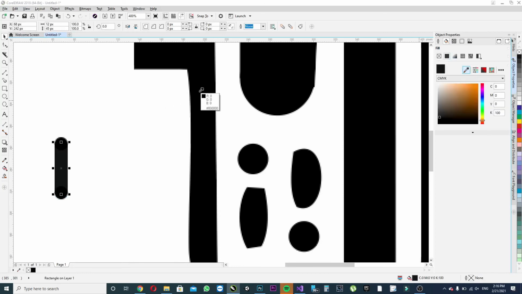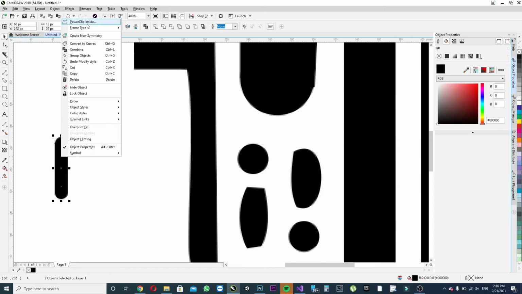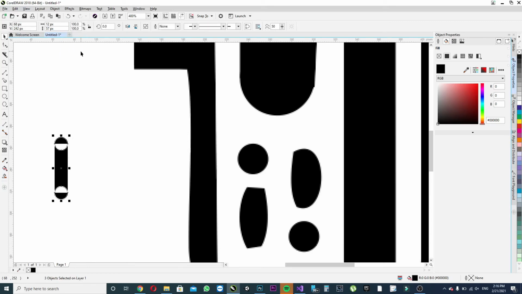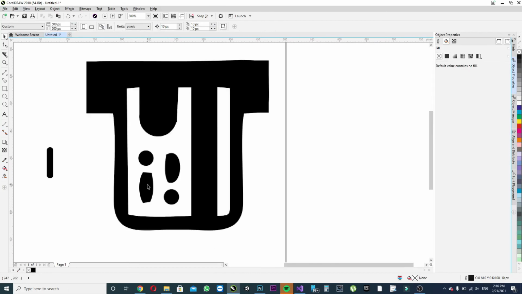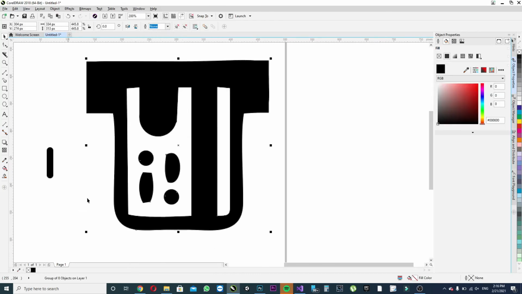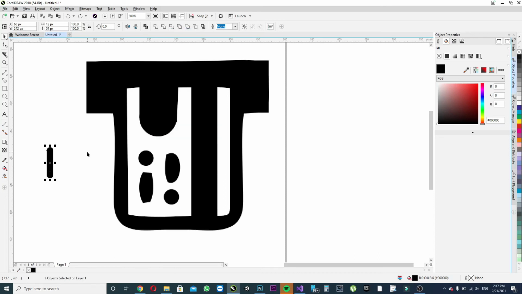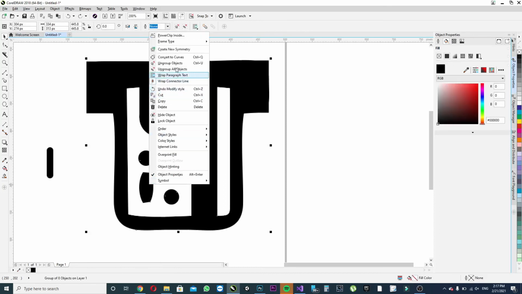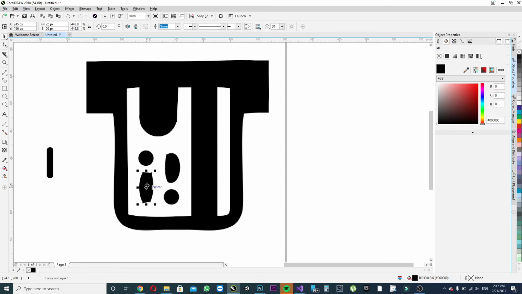And the color is not the same. Okay, so I made a capsule shape from 2 circles and 1 square. Now I select them all and group them or combine them. Combine is not good. Group objects, okay. And then, because I made this drawing automatically, I just right click and undo the group. Now when I ungroup objects, I can reach each piece one by one,